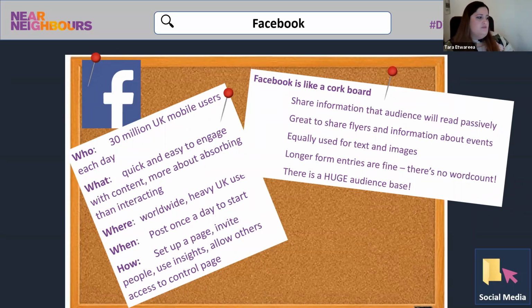we say it's like a corkboard. There are 30 million UK mobile users each day, which seems like a staggering amount. It is quick and easy to engage with content, and it's more about absorbing it rather than interacting. Twitter is more for interacting, and Facebook is more scroll through, look at, read, maybe like. You can share information with an audience that will read it passively. So maybe it's your thoughts of the day,